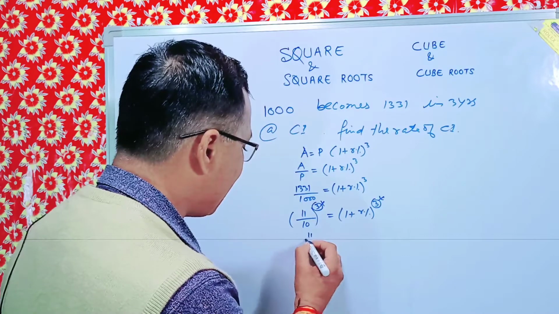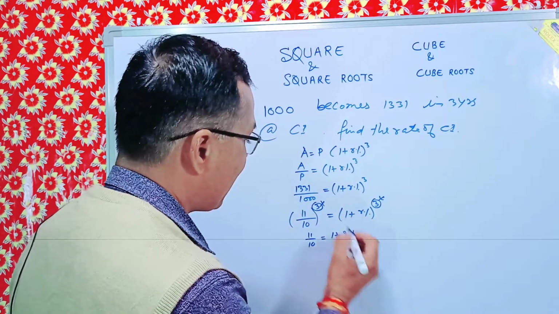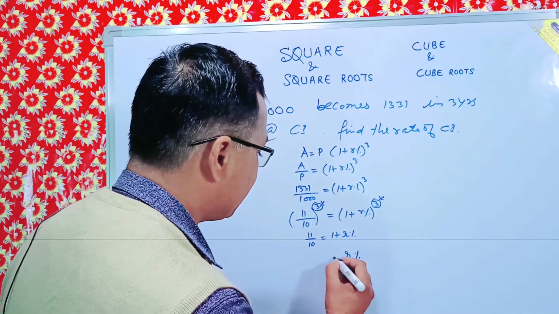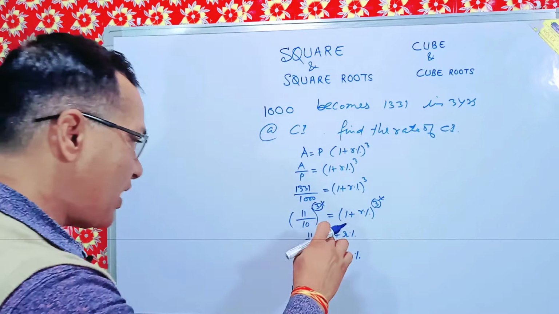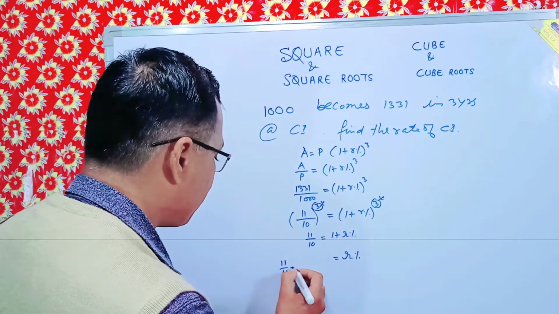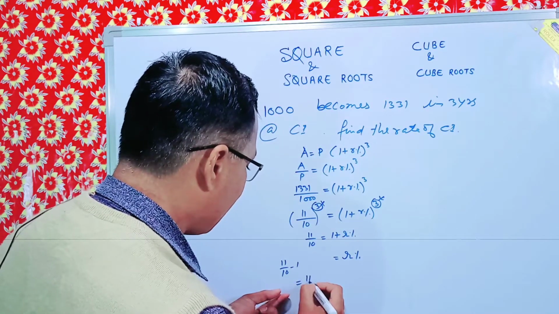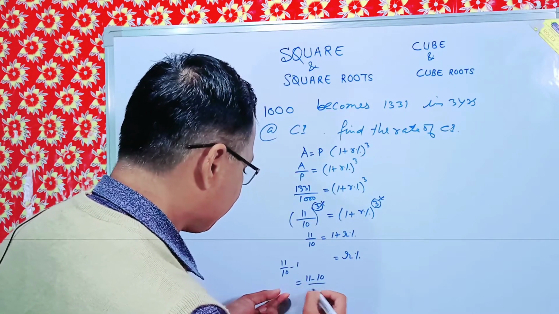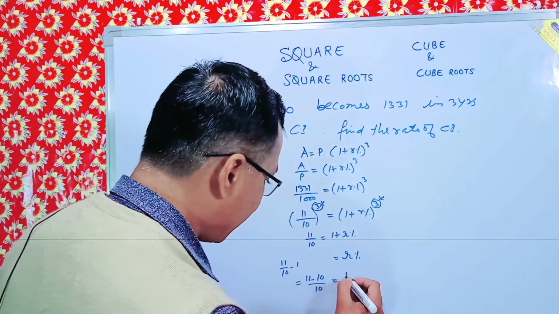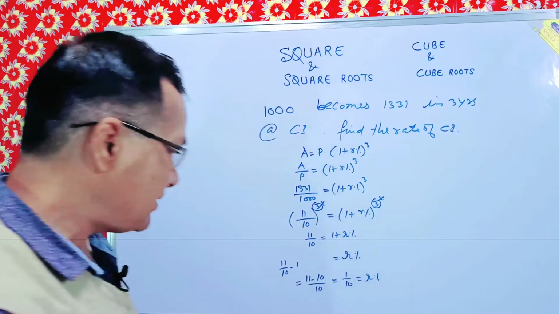It is left here 11 by 10 equal to 1 plus r%, or we can say r% is equal to, this 1 will come this side, so it will become 11 by 10 minus 1. So what will it form? It will form 11 minus 10 by 10, means here we will be getting 1 by 10 equal to r%,